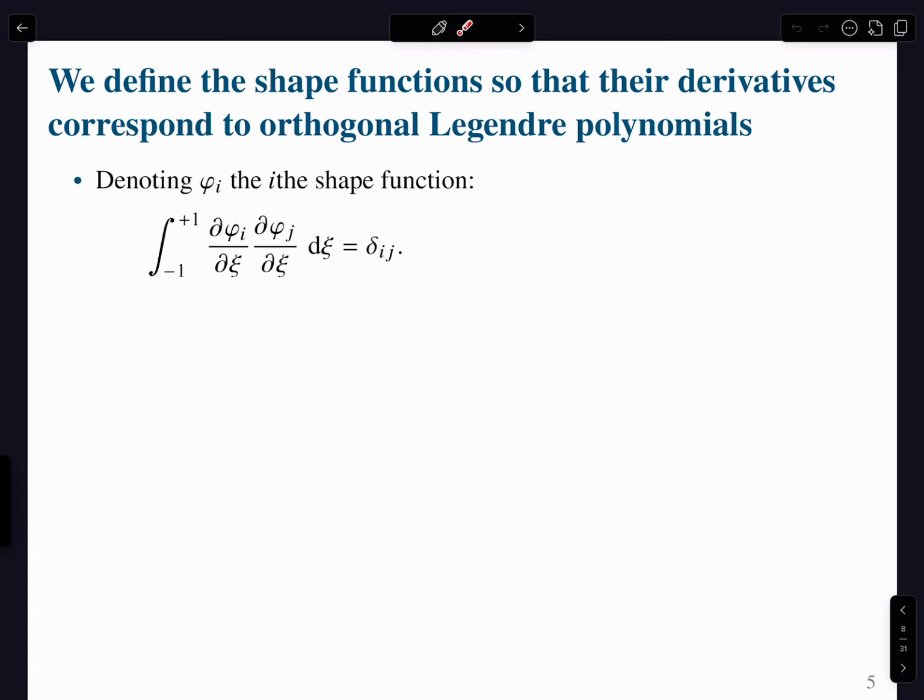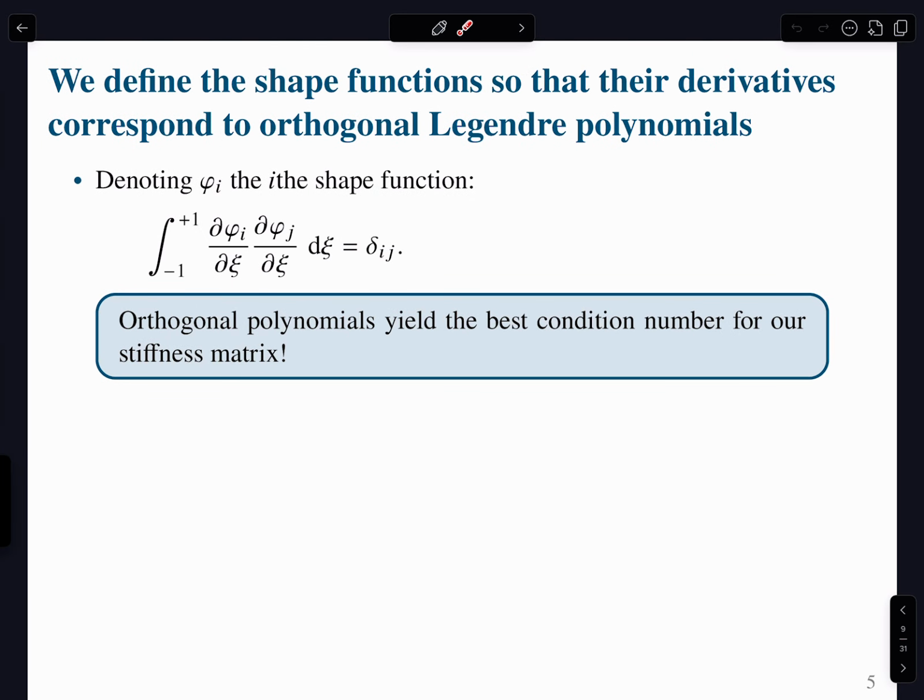And so now we apply this little trick so that we make sure that the derivatives of the shape functions that we're going to define are actually orthogonal. Because if I can say that this holds, that this is equal to the Kronecker delta property, remember that the derivative of this one is multiplied by the derivative of that one. So if this is a Legendre polynomial and this is another Legendre polynomial, and I know that if i is not equal to j,